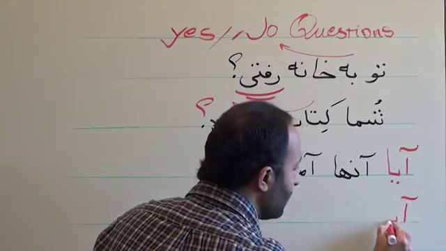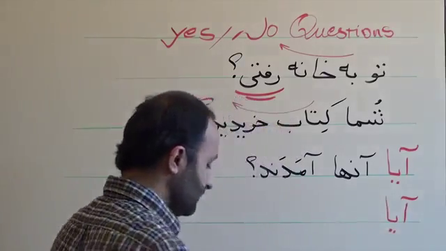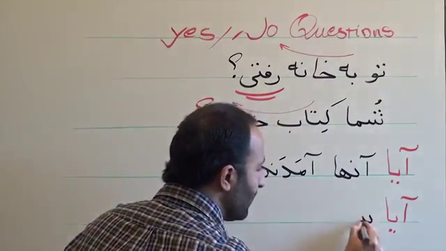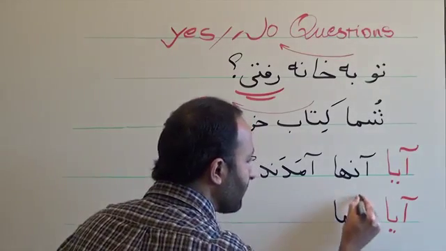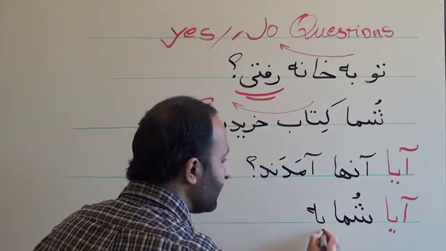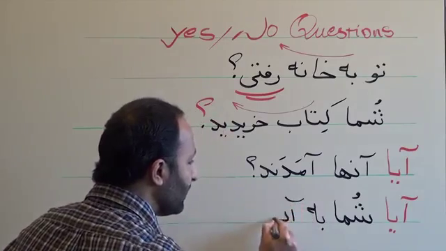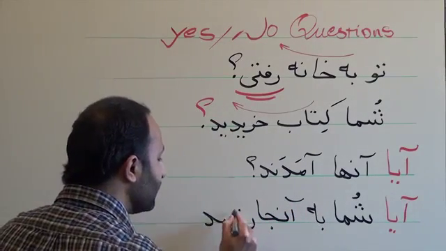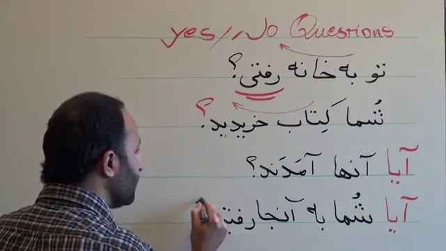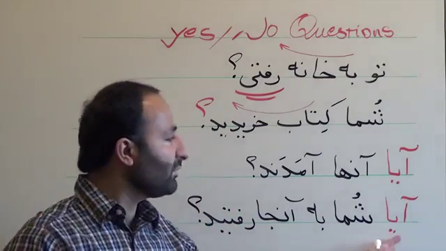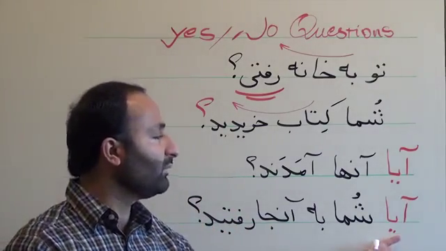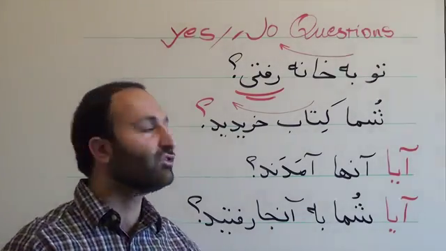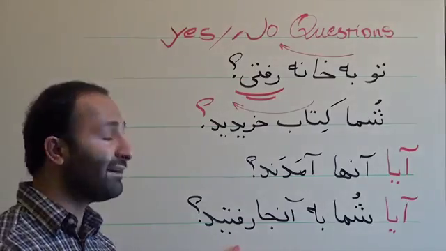آیا شما به آنجا رفتید؟ Just by putting the word آیا in the beginning of a sentence, you have a yes-no question. آیا شما به آنجا رفتید؟